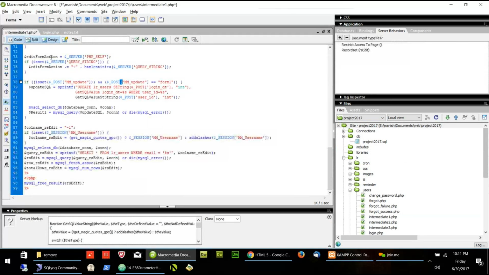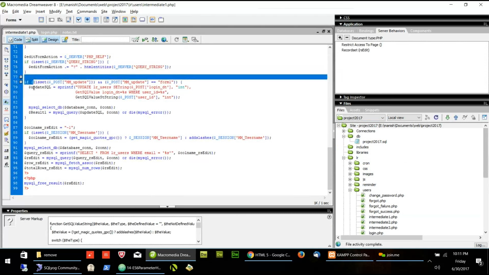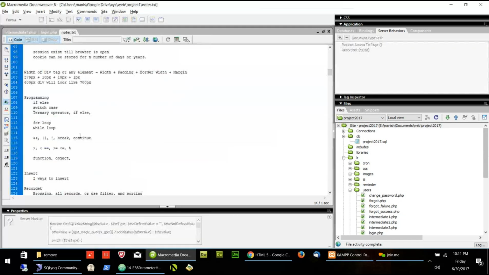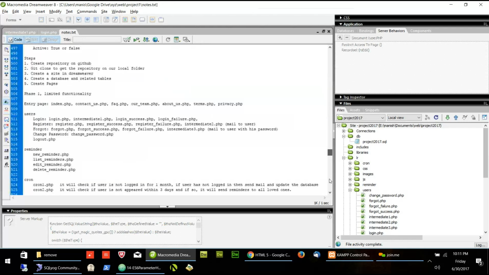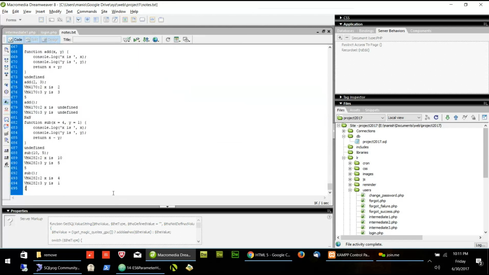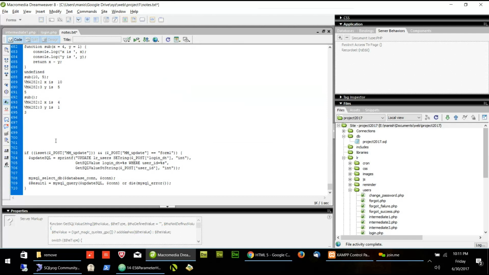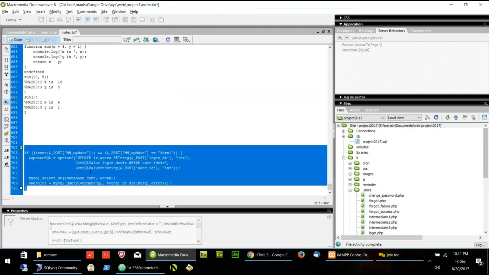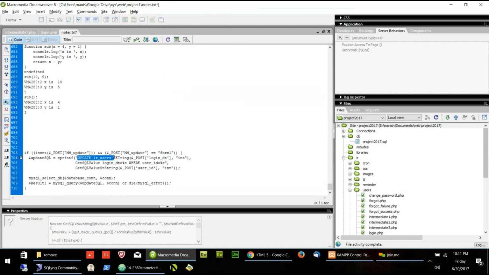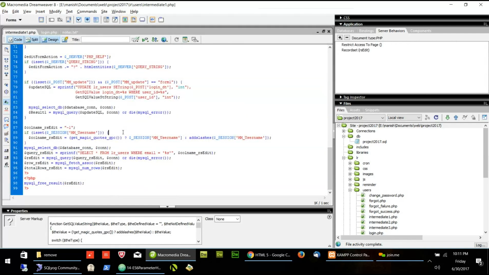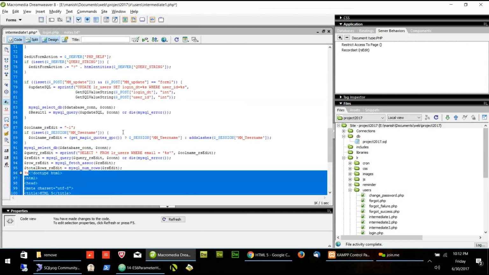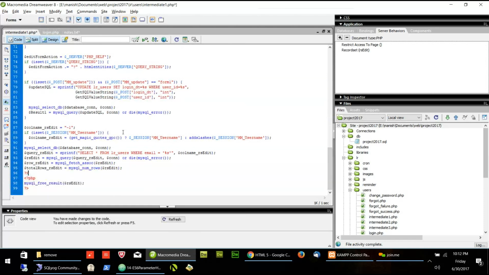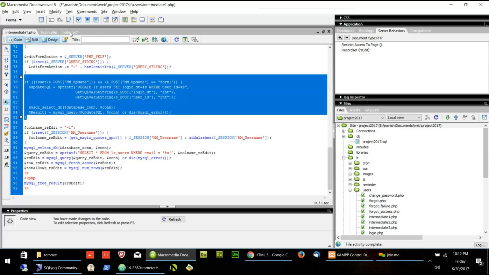If you see this intermediate page, this is the place where they are updating it. This is the update table name and so on, right?